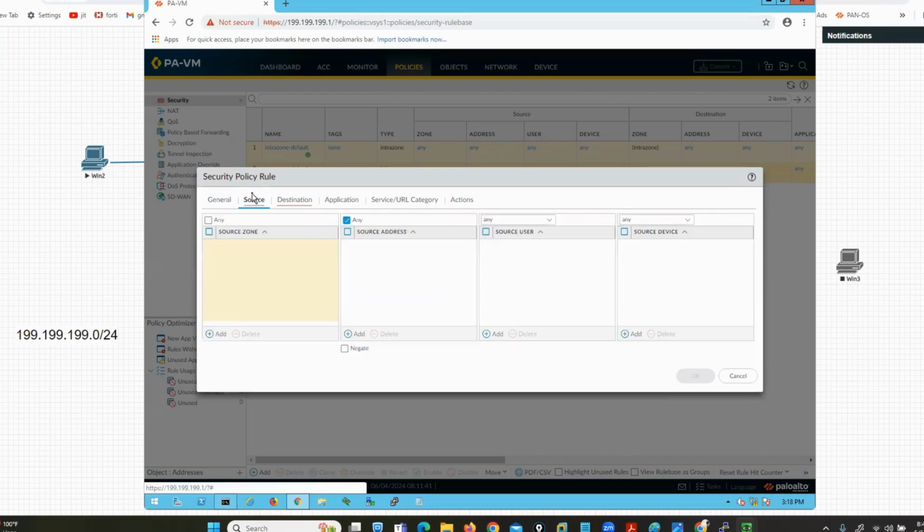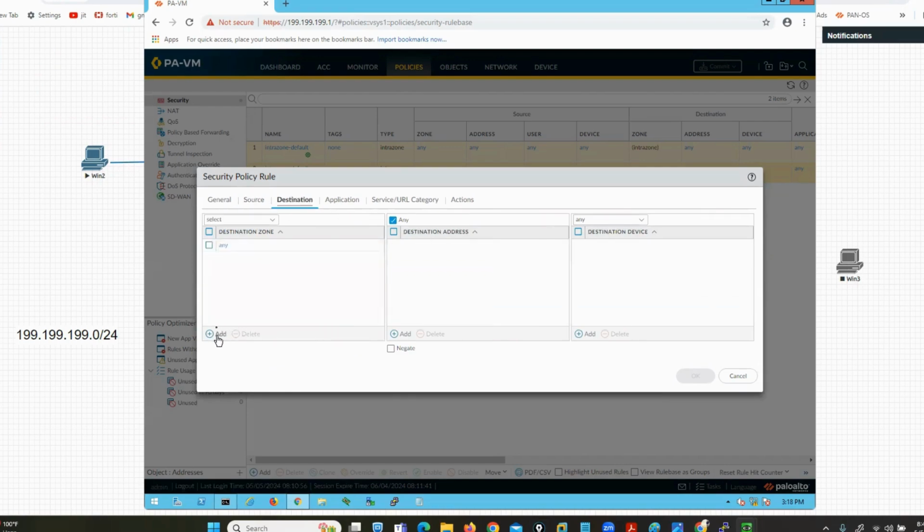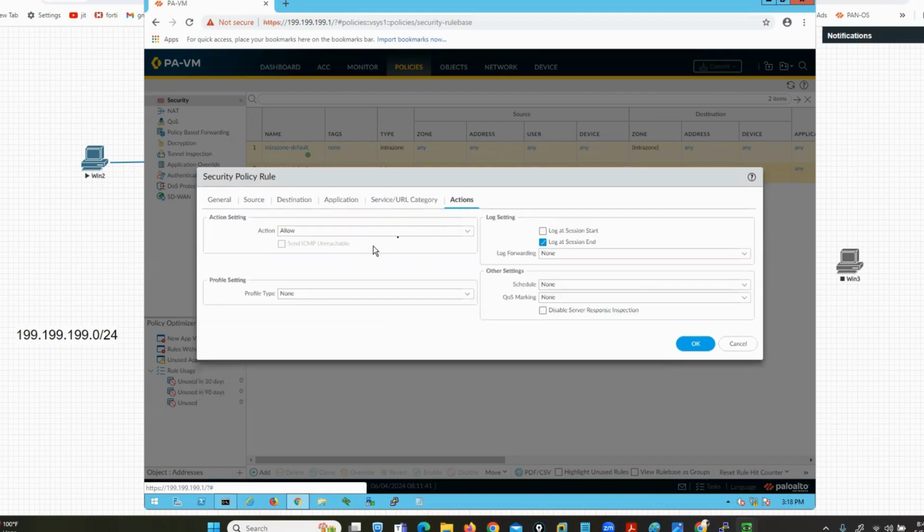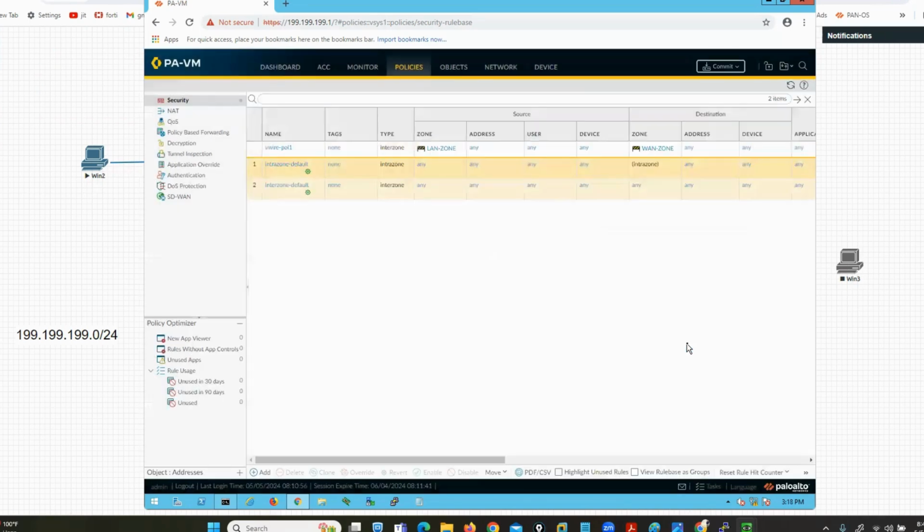Interzone communication. Source zone is what? LAN zone. And destination zone is what? WAN zone. Any source address, any destination address, any application, any service, URL category, action is allowed. Log at session start, you can click on OK. Before we commit this configuration,